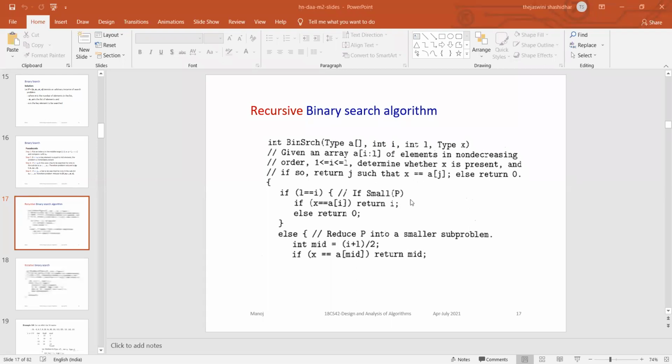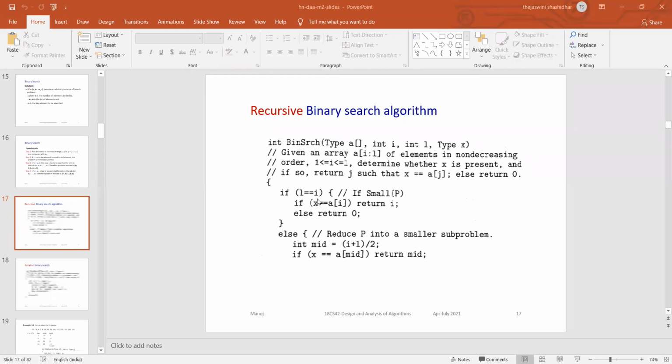If small of P, then X double equals, you have to take the key element only. There is only one element and you compare it with X. So if X double equals A of I, return I, else return 0.